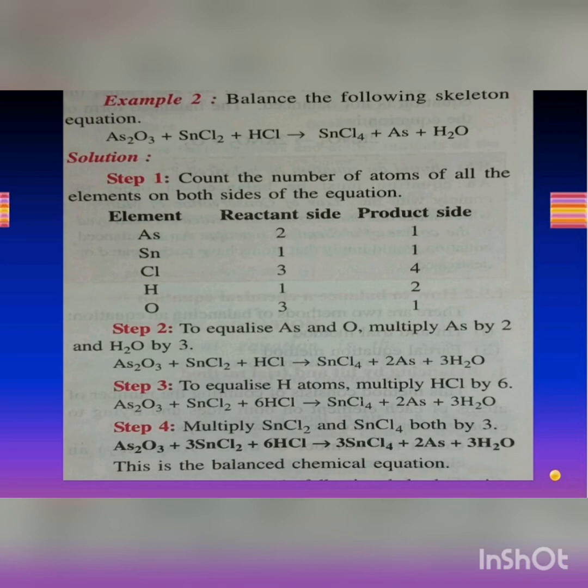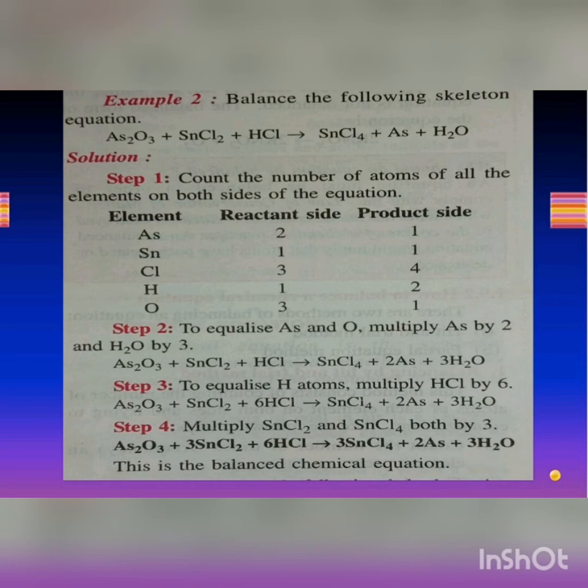So the first step will be take the metal and balance it out. So you'll take As arsenic and multiply that by 2. Okay, at the same time you're going to take water and multiply that by 3. Why? Because in As2O3 we have 3 oxygen atoms. So naturally the only other place where oxygen is there on the right hand side is water molecule. So we need to convert that into 3.